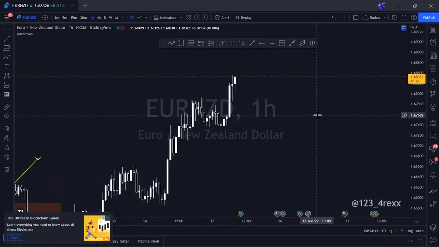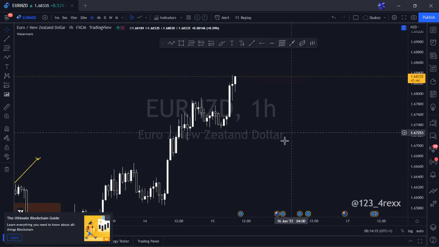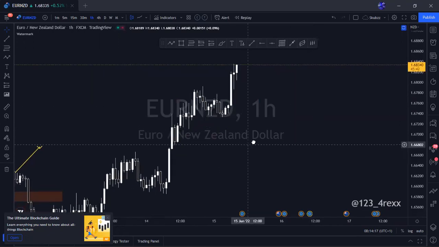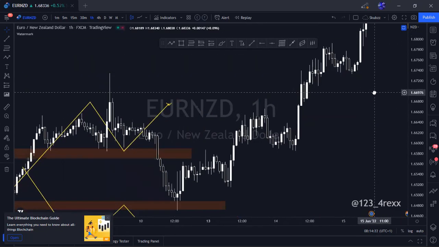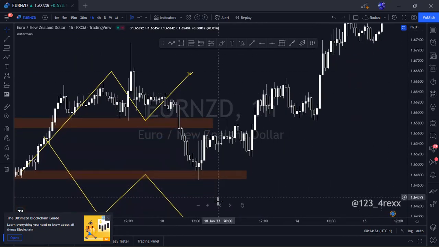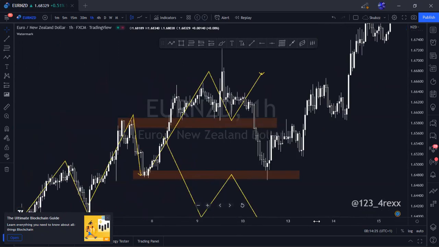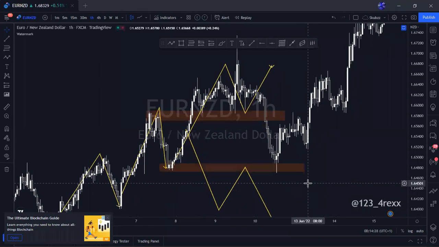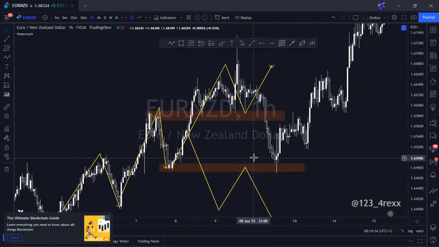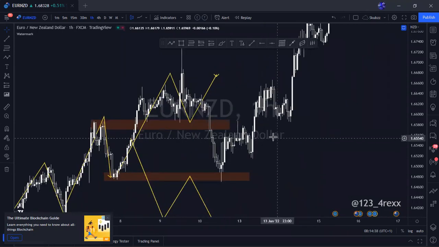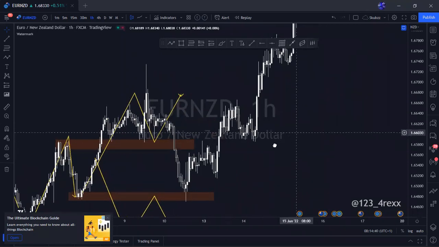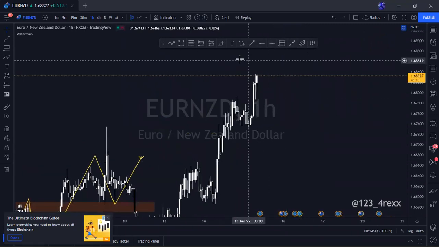Short retracements. Wow, I don't even know what to say about this pair. I don't understand. We actually had an analysis on this before. We had an analysis that price will react from this area, and then price still reacted from this side again. The two places. Wow. Anyways, now price has broken out.